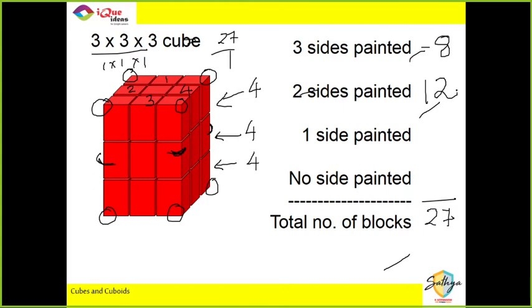What do you mean by that, Shashwat? For two sides painted, you count the top, you count the bottom, which is always the same, and 4 is default for all middle layers. So 4 plus 4 plus 4, 12 in this case. Yashvi, three sides painted is always the vertices, right? These corner vertices, the pieces at them have 3 sides painted, right?